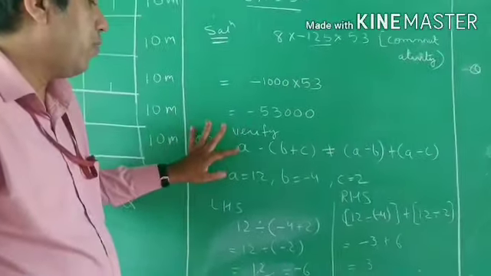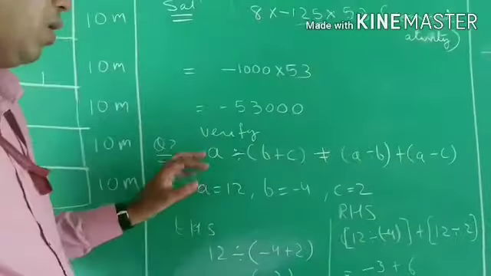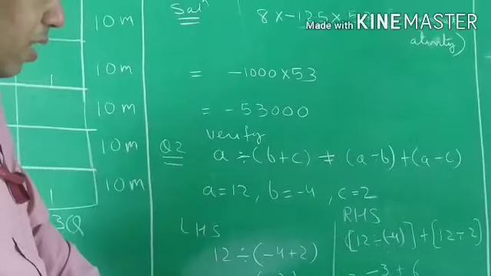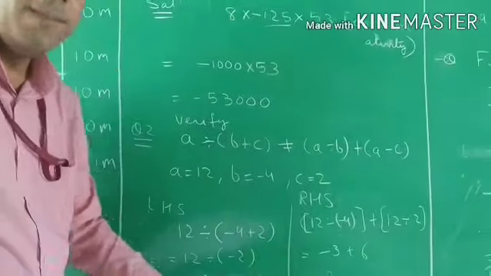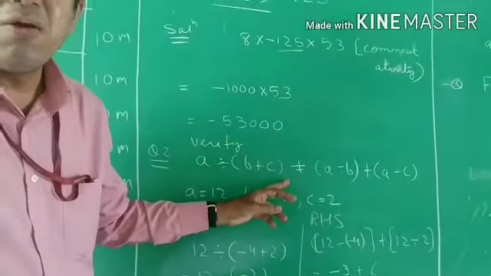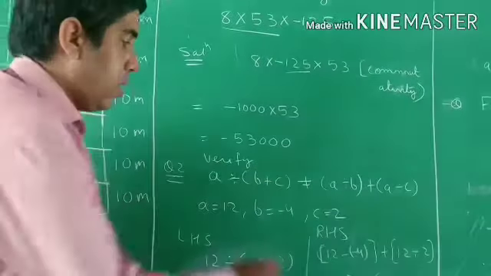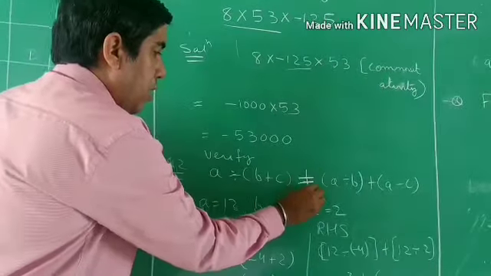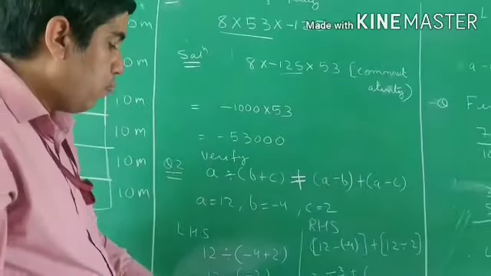Now in verification also, what mistake happens. That problem I have taken with you: A divided by B plus C. Now I have solved here. You can see the LHS answer came minus 6. Here the RHS answer came 3. But students mostly assume that there is an equal to sign here. Here it is a sign of inequality. It is unequal. You can see the equal to is done, then it is cancelled. It means they are unequal. Be careful. We have to prove they are unequal.